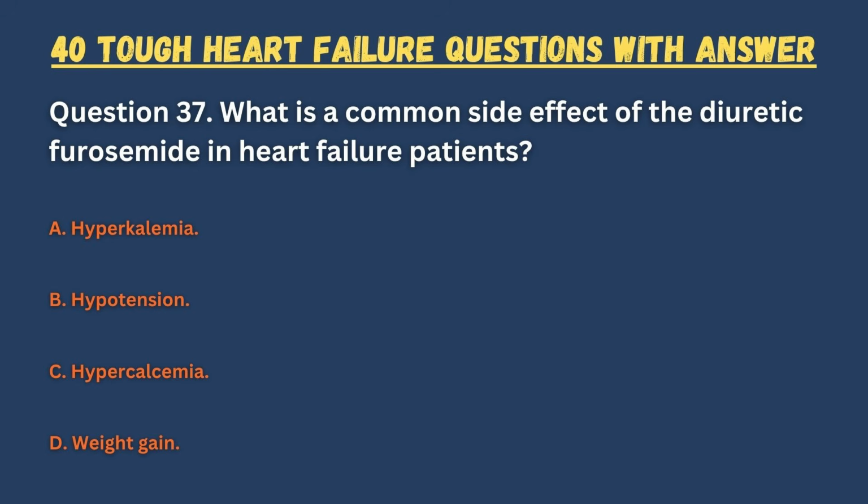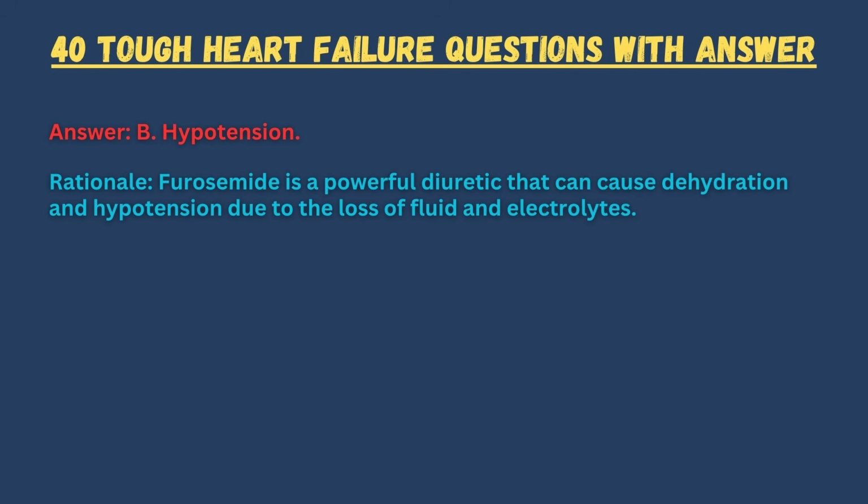Question 37. What is a common side effect of the diuretic furosemide in heart failure patients? A. Hyperkalemia. B. Hypotension. C. Hypercalcemia. D. Weight gain. Answer. B. Hypotension. Rationale. Furosemide is a powerful diuretic that can cause dehydration and hypotension due to the loss of fluid